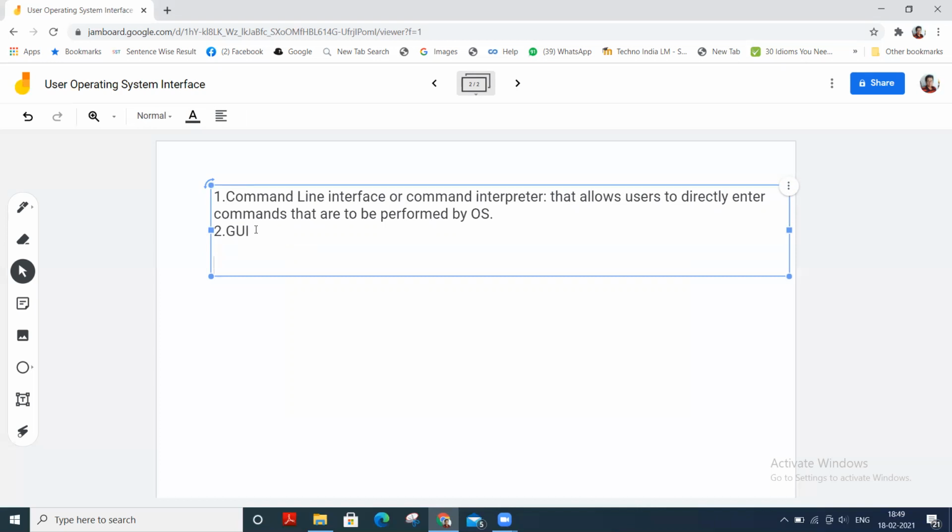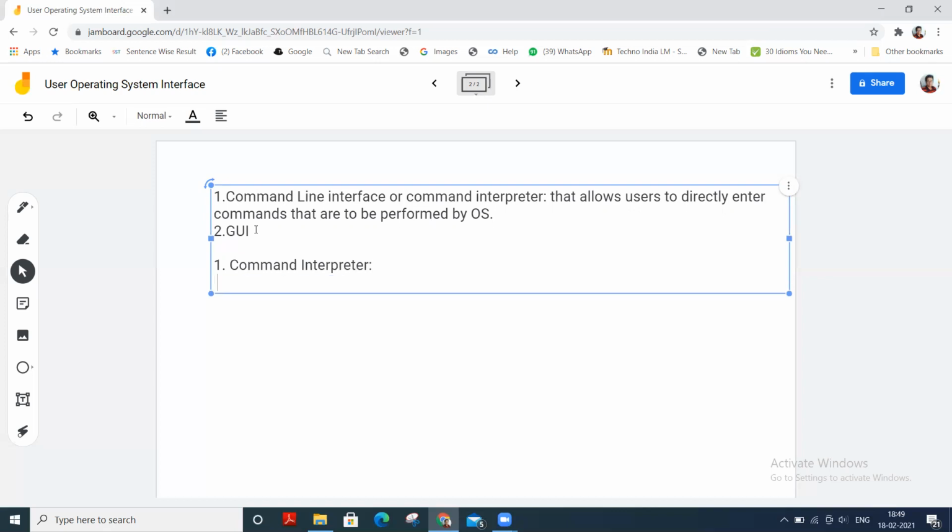Command interpreter. Some operating systems include the command interpreter in the kernel.